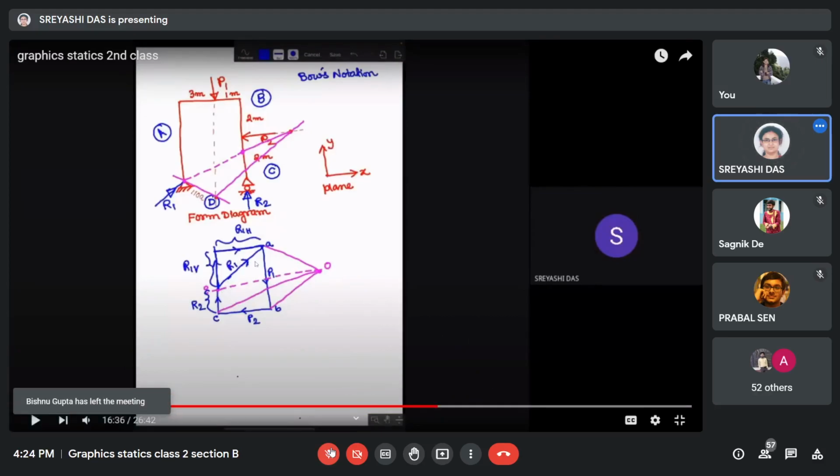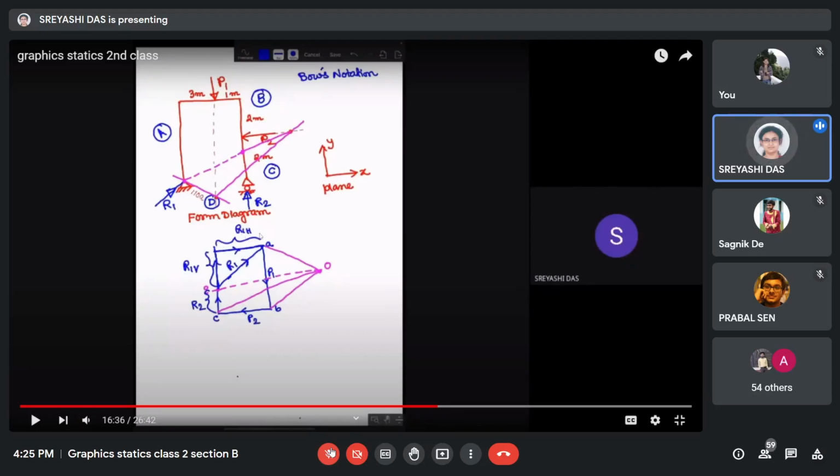You see here, in this blue part where I have drawn the R1, you can see now the first problem in the force diagram. I have drawn R1, then we can get the vertical and horizontal component of R1. How can we get the vertical component? Just extend this CD line upward, and then draw a horizontal line from small a, and those two lines will cut at a particular point.